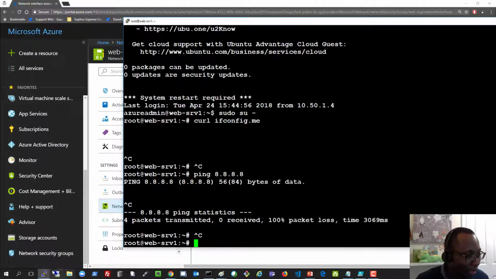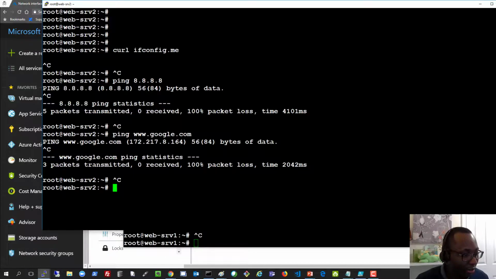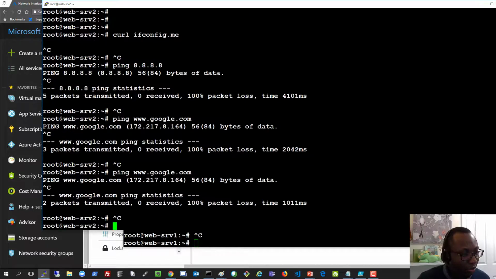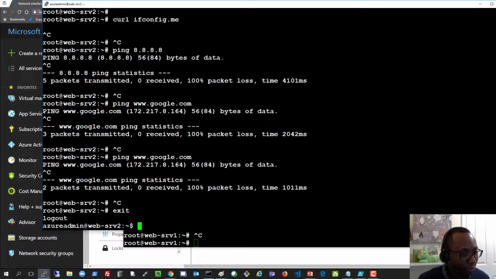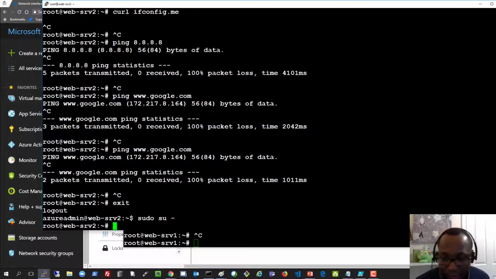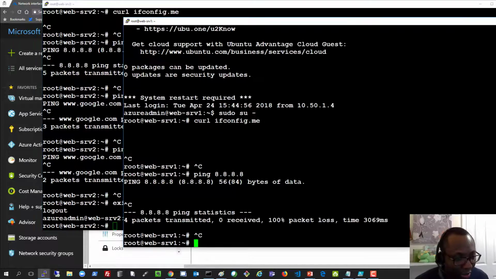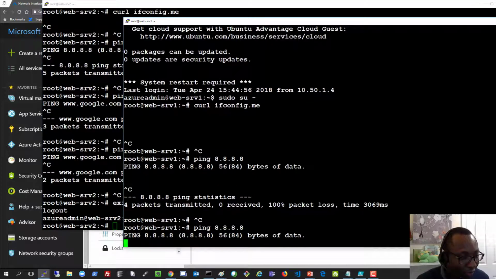Let's see. Oh, maybe I can use another one. I'm already logged into this one. What I'll do is I'll exit this and I'll just use the machine I'm logged into. No, I won't be able to use that. Okay, I think I'll probably move on because of time, so as not to waste time with this. But what we'll have seen, if that worked, is that once we associate a machine with a load balancer,